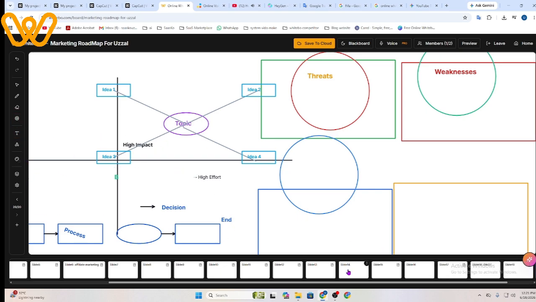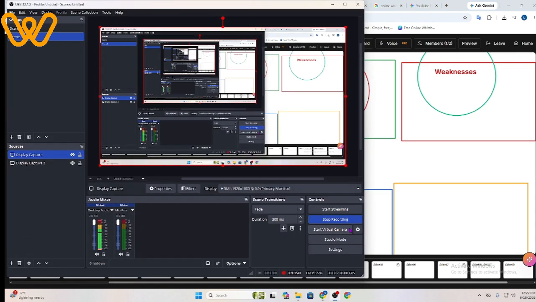The next thing that we can take a look at is how you can style mind maps. I think that's really important because you want to, especially if you